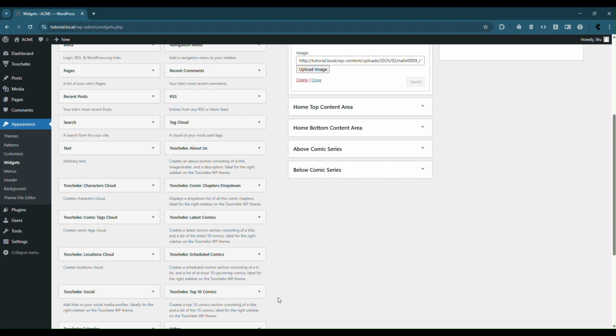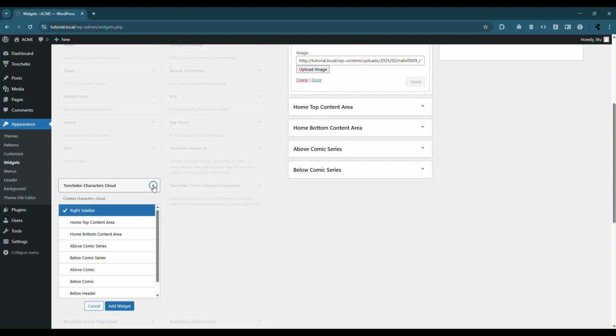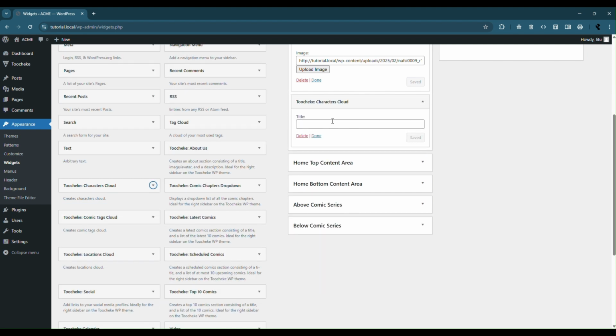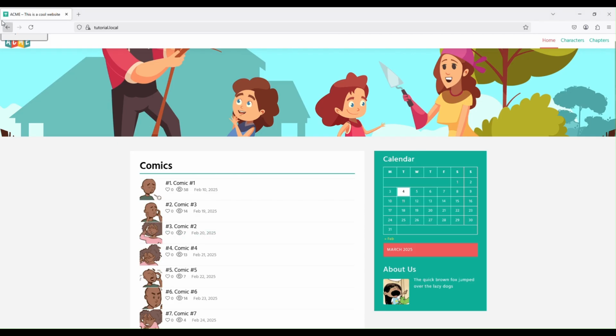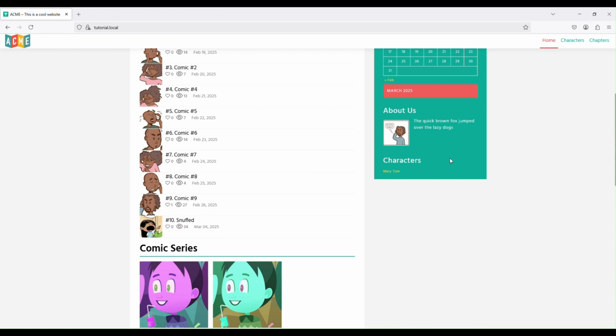Let's see if I can add another one just for demo purposes. Let's see, the characters cloud. I don't think we have any. Do we have any characters? Let's add that in just so we can see that. All right, and then characters. Save. If we do a refresh, yep, so these are the current characters that are currently